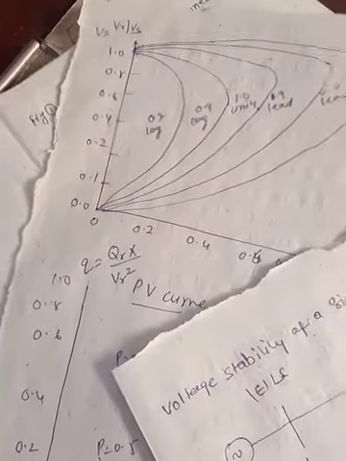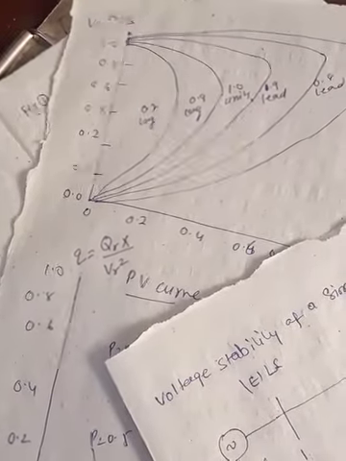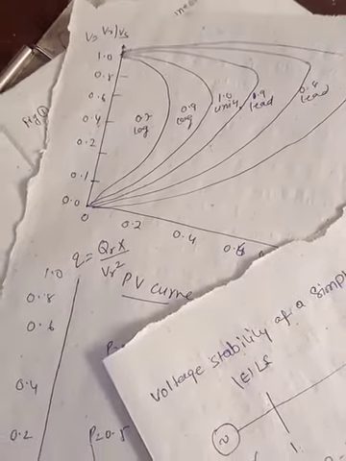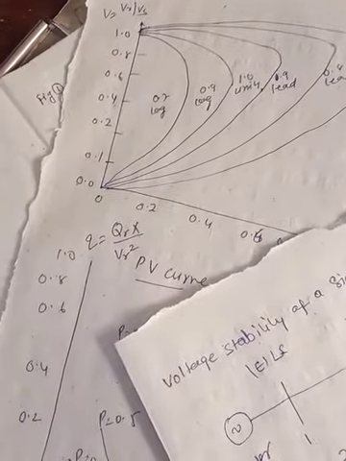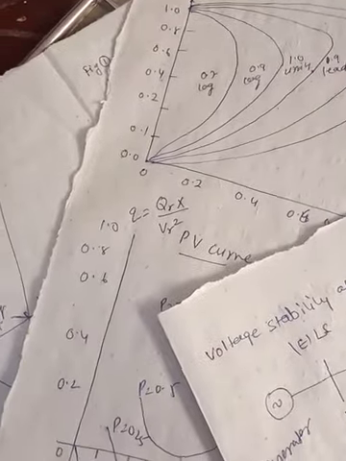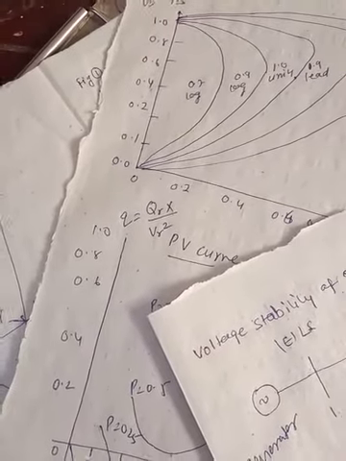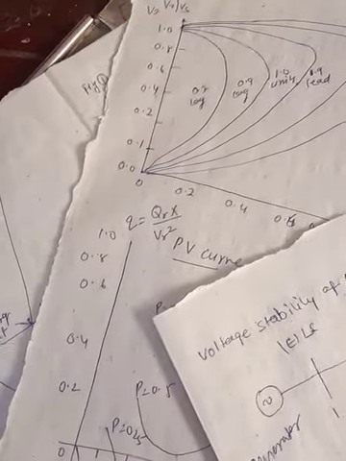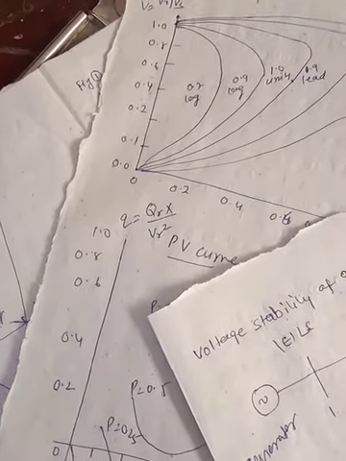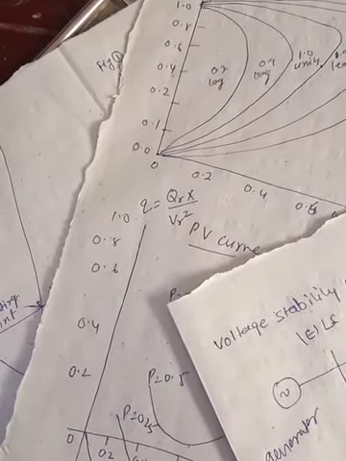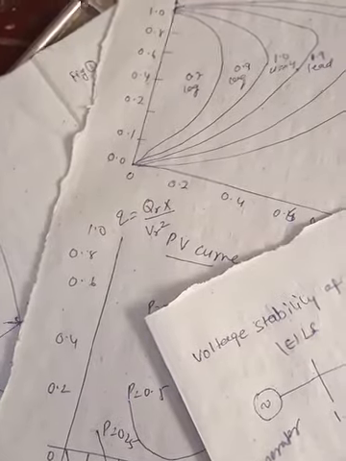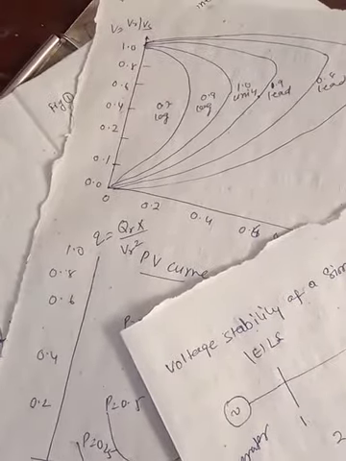Now in practice, it is possible to find the Thevenin's equivalent of any system with respect to the bus under consideration. It is to be noted that the generation is rescheduled at each step of change of the load. Some generators may hit the reactive power limit. The network topology may keep changing with respect to the critical bus with change in the loading, thereby reducing the accuracy of the method. This method works well in case of an infinite bus and isolated load scenario only. So this is the drawback of the PV curve.